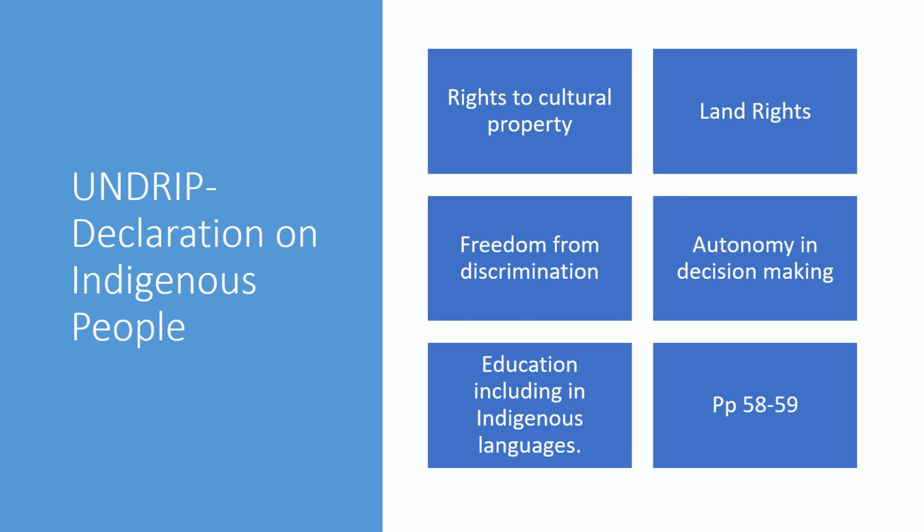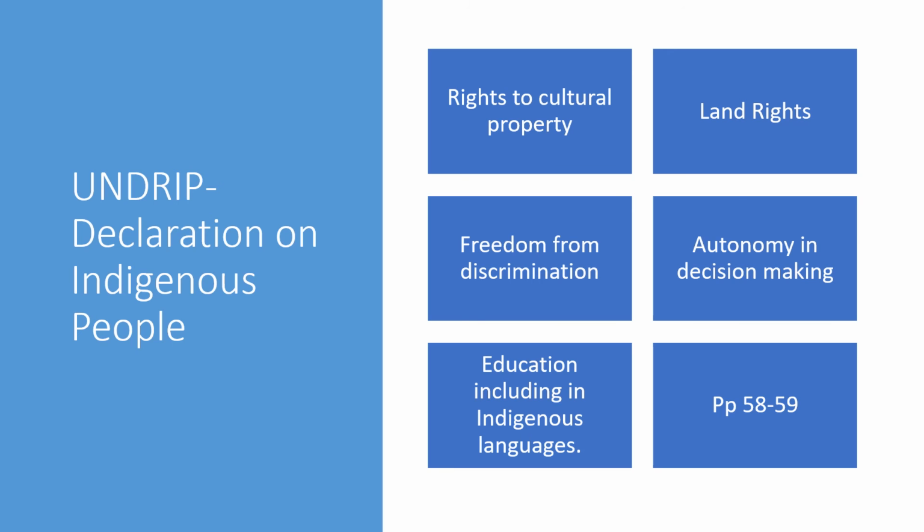So the United Nations recognises that Indigenous people need special protection and support. There is a declaration on the rights of Indigenous people, and this declaration includes rights to cultural property, land rights, recognition of autonomy in decision making, which means that Indigenous people should make decisions for themselves, freedom from discrimination in all areas of social welfare, health,